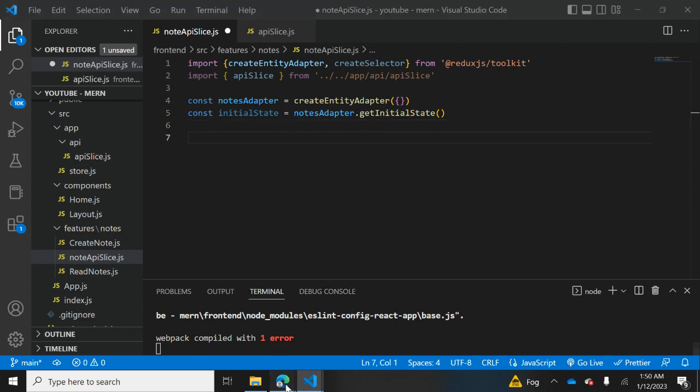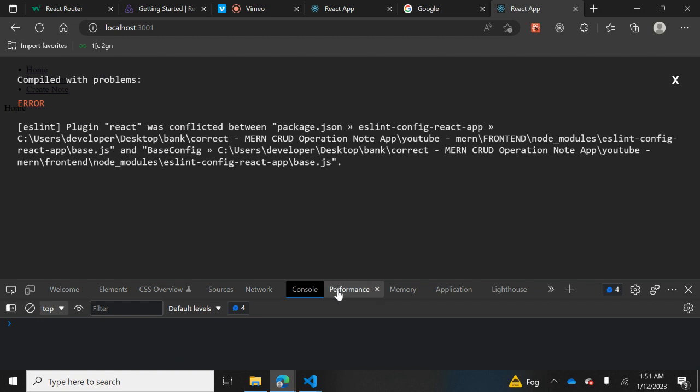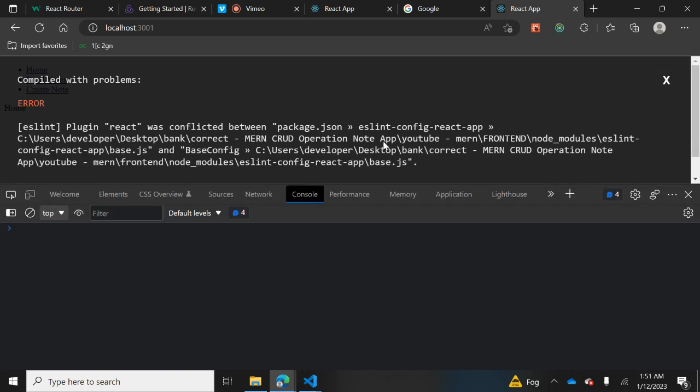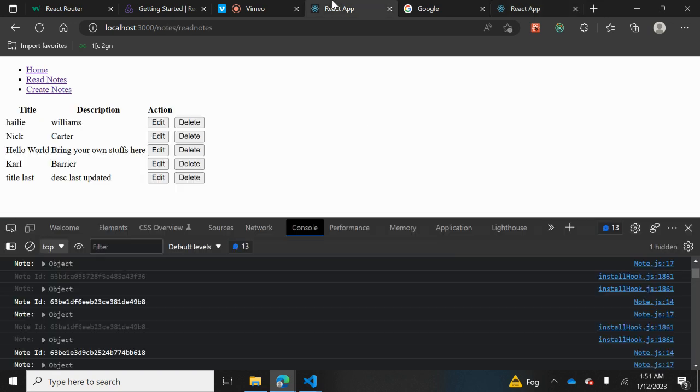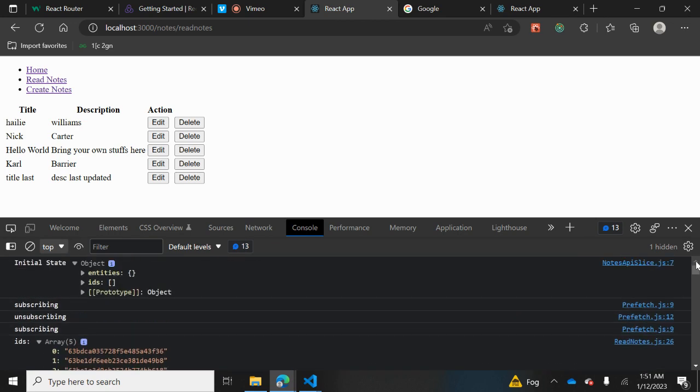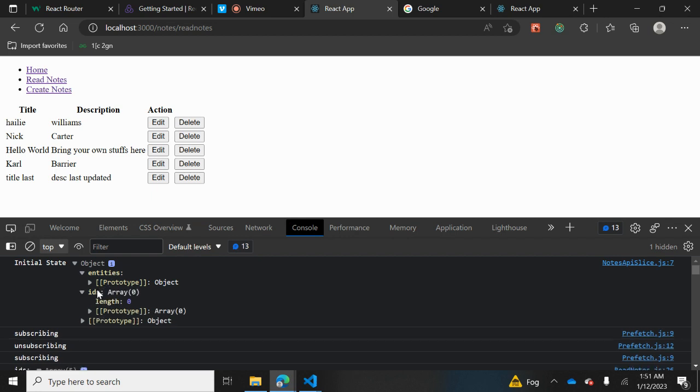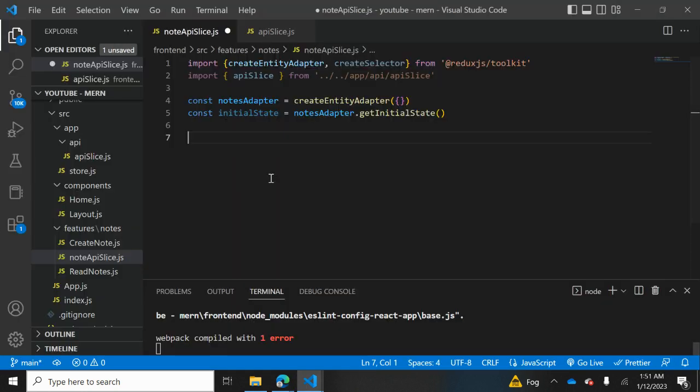This should be giving us the initial state, and the initial state is, we have a bug here. Okay, and this is what I wanted to show you guys. This is the initial state with entities and IDs. It's just going to create and has nothing right now. Okay, all right,